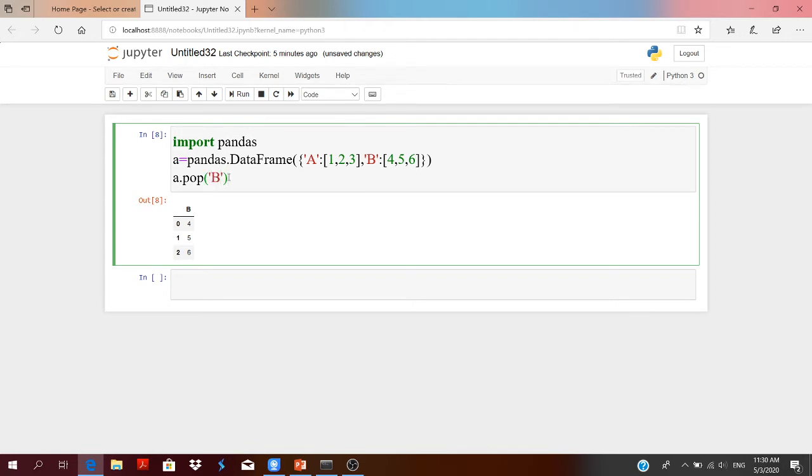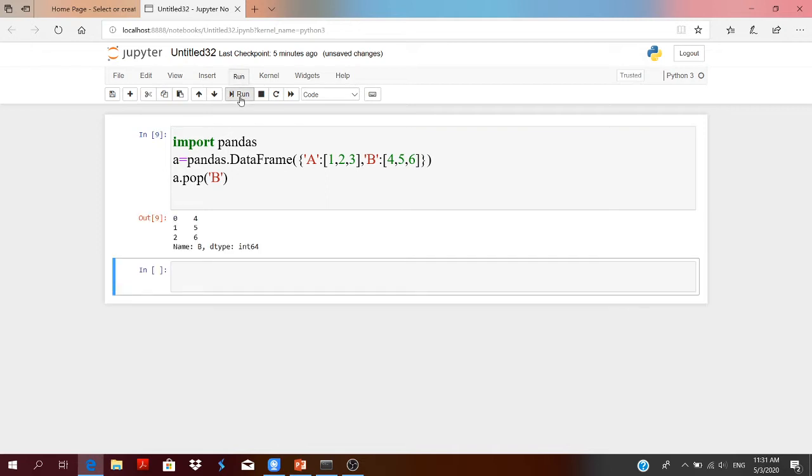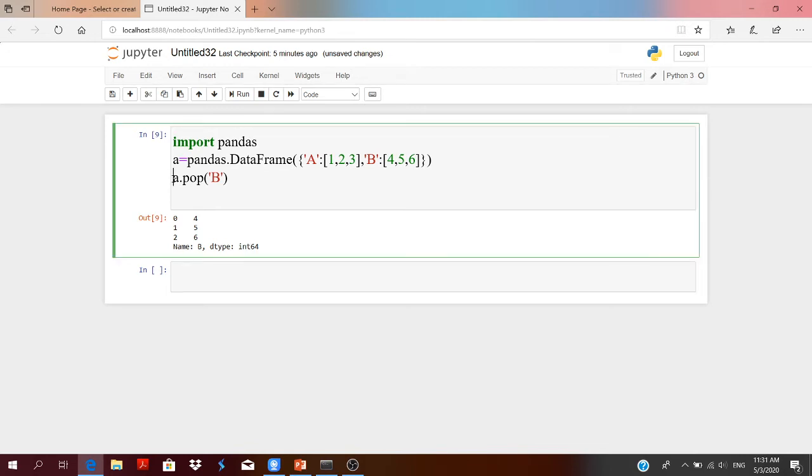Suppose I want to remove column B. In this way, column B has been removed. The main difference between del and pop is that in both cases they delete the column, but the pop function will return the column deleted by it. See here, the pop function is returning the column which it has deleted.